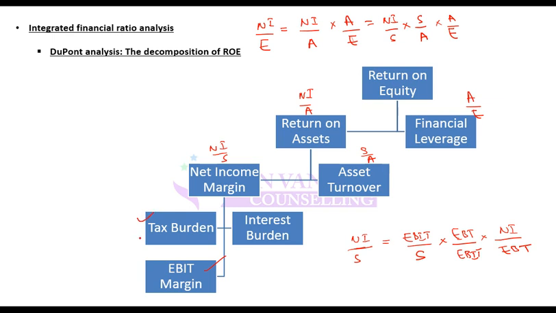Tax burden means how much of the earnings are being diluted due to tax. So net income, which is after tax, divided by income, which is before tax. So the differential would be due to the burden caused by tax, the burden caused by interest, and EBIT margin. So it will further tell you whether this net margin is actually coming from improvement in profitability, or is it due to changes in tax or changes in interest. So this will help you